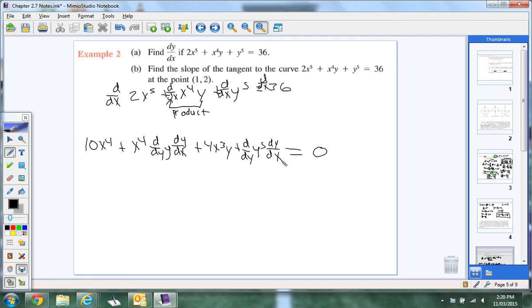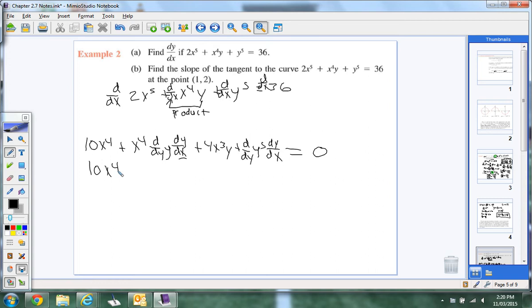Okay. So now let's go and do this. And what I'm telling you is that you don't have to write this d over dy because you're going to get used to what that means. It just means take the derivative of the y. So just go ahead and take the derivative of it. Just know you have to have a dy dx whenever you do the derivative of the y. That's what we're going to get in the rhythm of doing. So